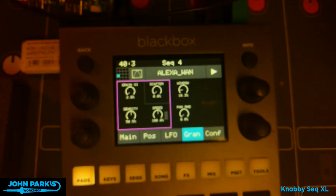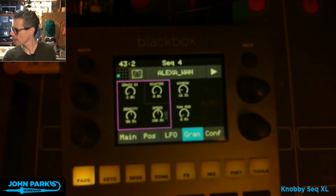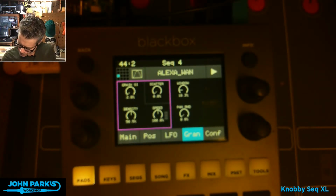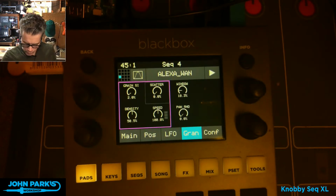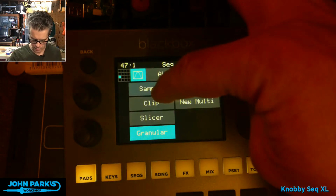The other thing I wanted to show you is, you should be able to hear this. One of the reasons it sounds funny like that is granular synthesis, which is a way of chopping up a sample into tiny, tiny little grains. Let me show the down cam here. And let me adjust my focus on that. I just found that sample and engaged a granular version. So instead of just playing the sample,